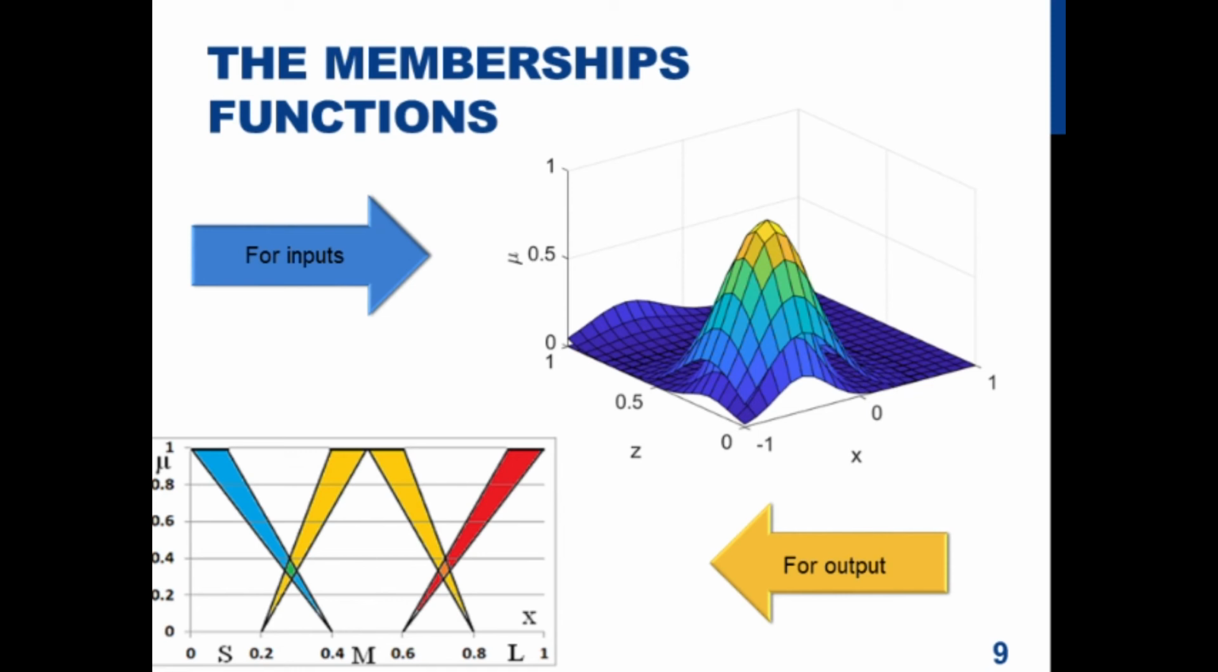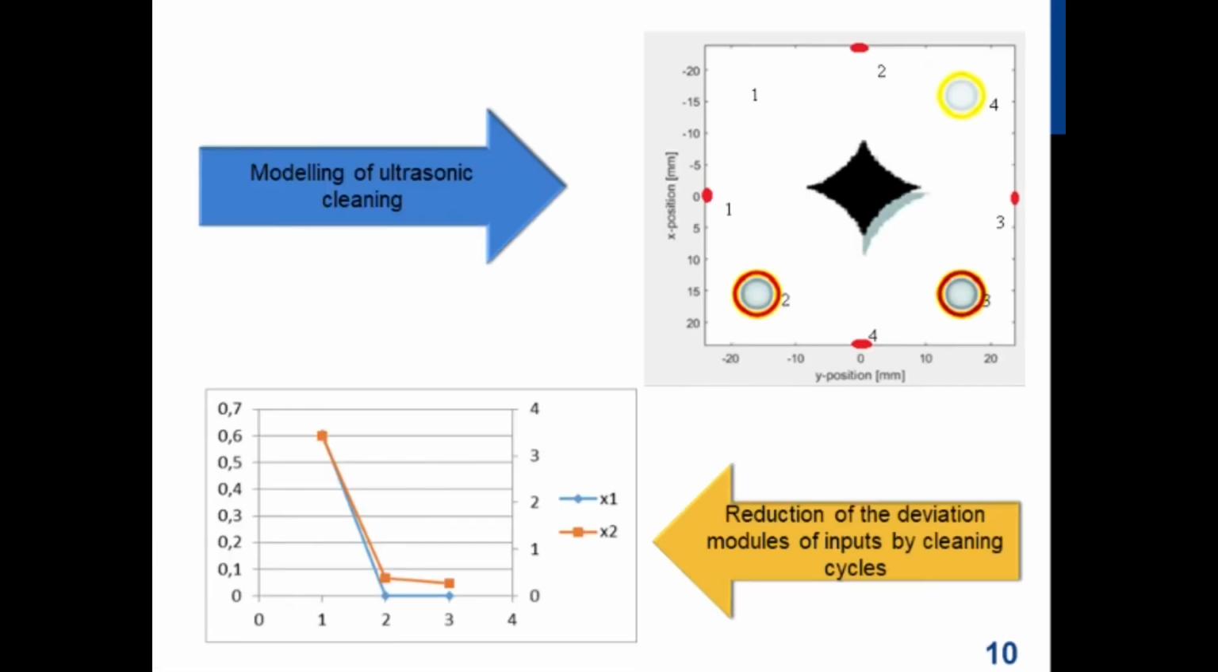For the output, the membership function is defined in a trapezoid-triangle form, as is shown on the slide. The membership function is 2D. A special impact is taken into account in phasification of the input, while the output value is calculated depending on its space location. To confirm the effectiveness of the newly developed method for evaluating the course of the ultrasonic cleaning process,